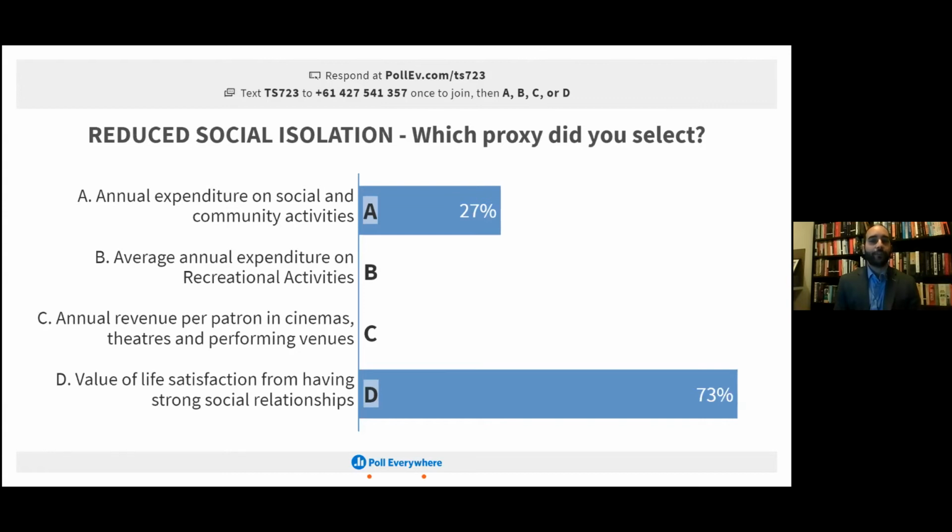And similarly, the average cost of admission into a hospital, avoiding or reducing that is useful for the state government or the department or the hospital itself, but it's not a great proxy for the value to the individual themselves from having improved health. So hopefully what you took away from that is, one, that it's really difficult to try and do this without the perspective of the stakeholders. And that's why I want to reiterate that. But on the other hand, there's lots of options. There are a lot of different ways to represent value.